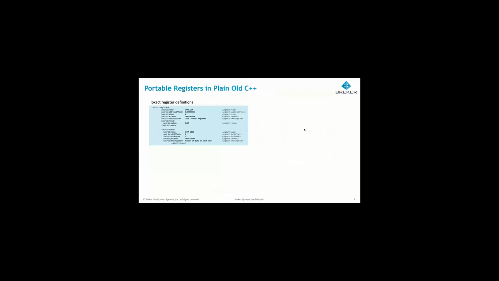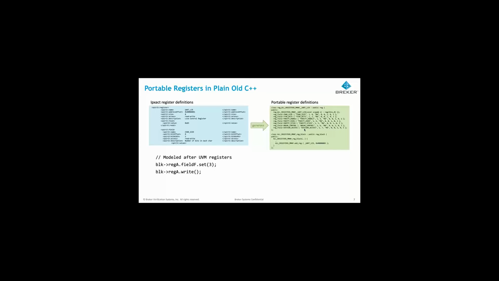Portable registers is another thing that's key. So we could do things like take an IP-XACT register definition, which is a pretty common mechanism these days for a lot of companies, and generate portable register definitions in C++ in this case. And these would actually follow the classic register model from UVM, but be able to be executed at a much higher level and spread across the SoC and even into post-silicon with a common register map that can actually be